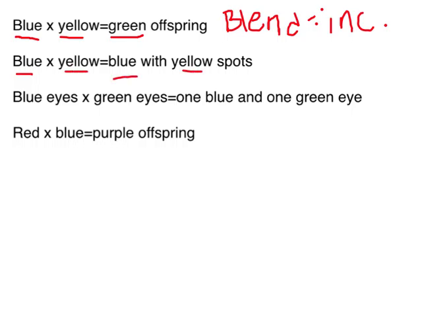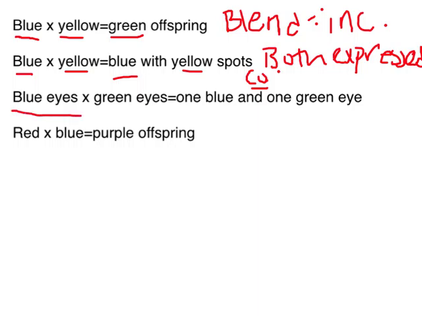When you have a blue and a yellow monster and you cross them and all the babies are blue with yellow spots, where we can see both side by side, so when they're both expressed, this is codominance, right? So codominance is when they are both expressed. That's co. If you have a dog with blue eyes and you cross it with a dog with green eyes